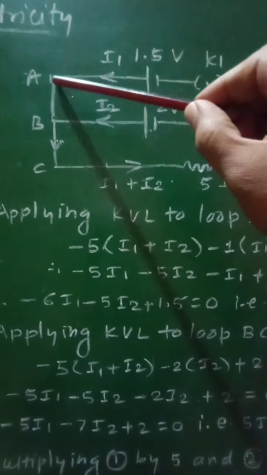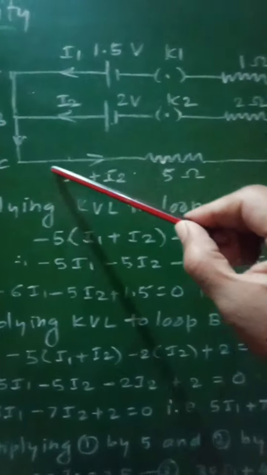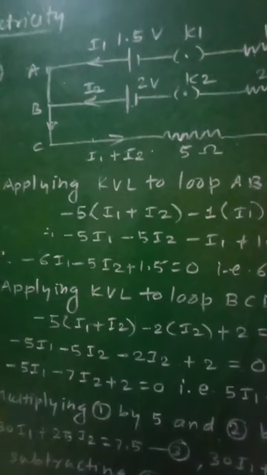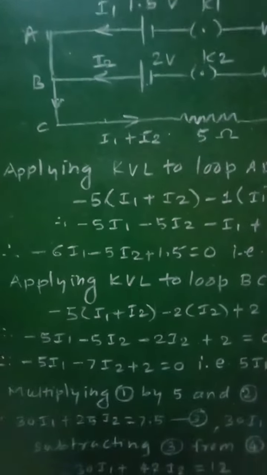Again, for this circuit we will consider two loops, that is A, B, C, D, E, F, A as the first loop,